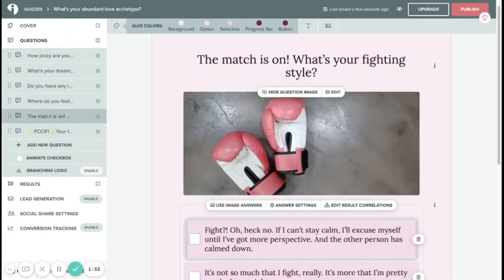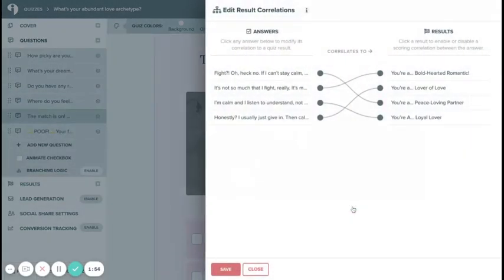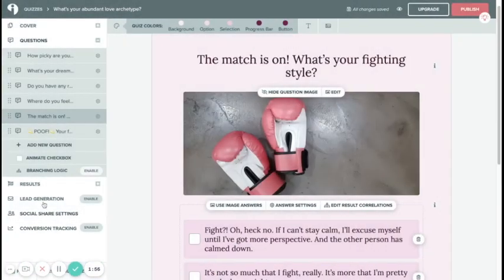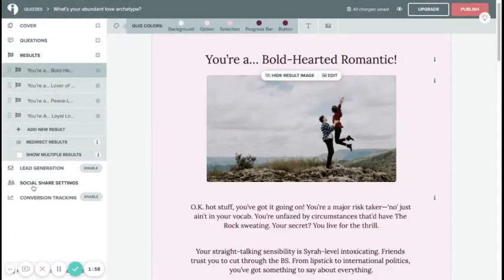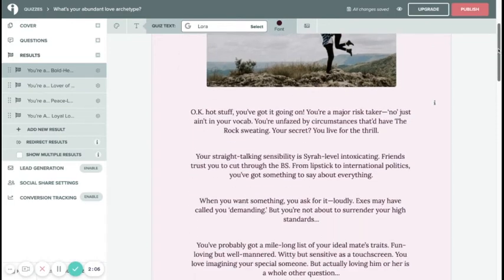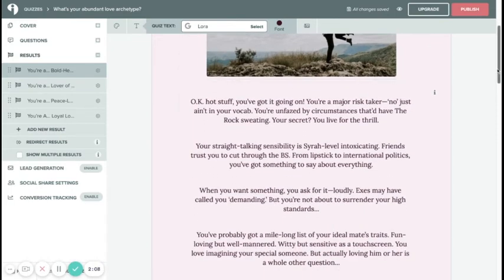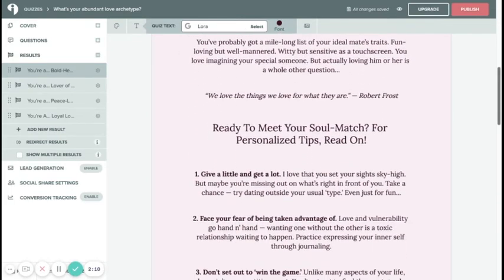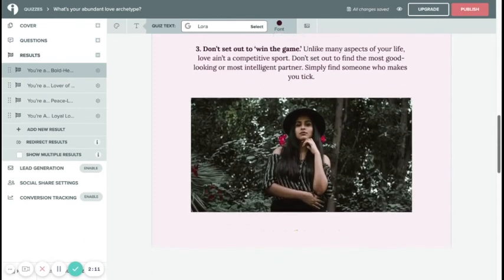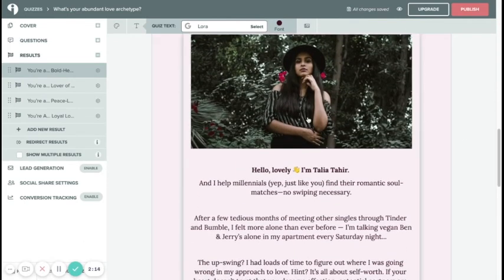questions and answers and setting up the correlations, you're then going to tap on the results. So, as we said before, with this particular template, they are a bold-hearted romantic, and this is a description of what a bold-hearted romantic is. And what I really love about it is that this allows me to introduce myself. This is not me. Again, this is the template. But because this is a quiz